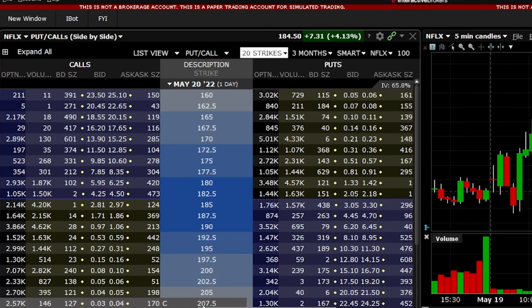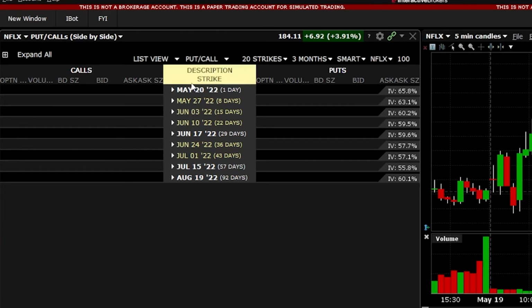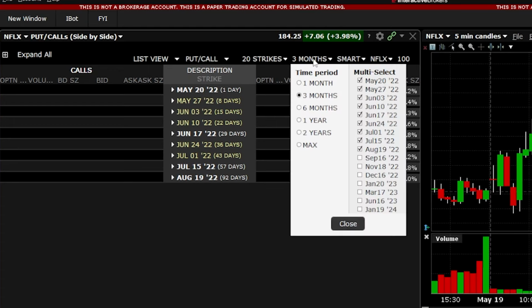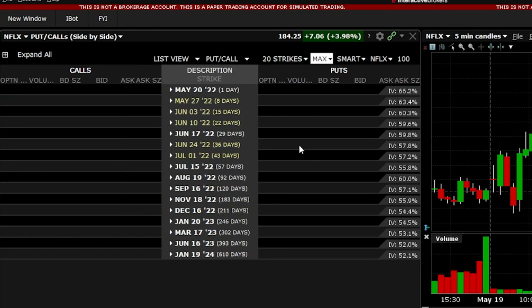Another filter we have the ability to change is how many expirations we're currently seeing. As of right now, we're only seeing 3 months out in time. That might be hard to see, but if I contract all of these, you can see we only go out to August 19th of 2022. If we wanted to change that, we would simply come up here to where it says 3 months, and let's say we wanted to see every single expiration, so I'm going to hit max. Looking down here, we can now see it goes all the way out to January 19th of 2024,